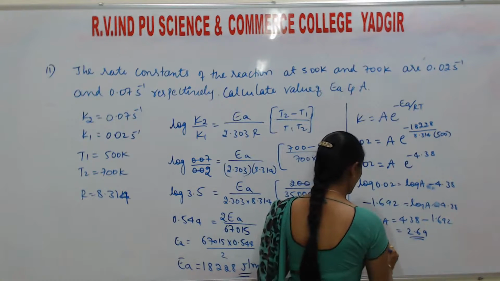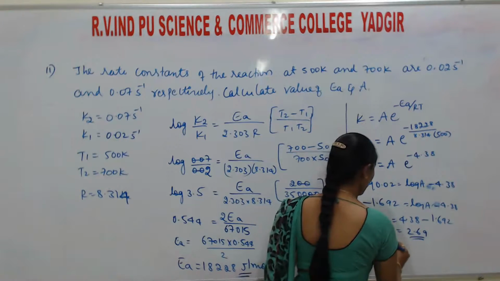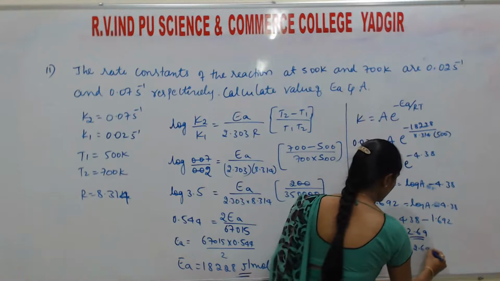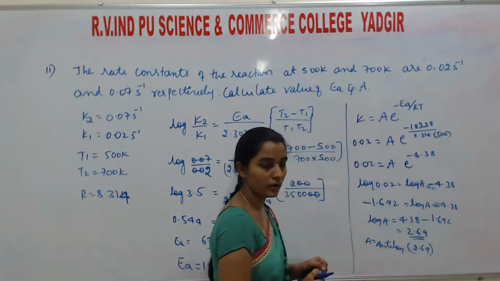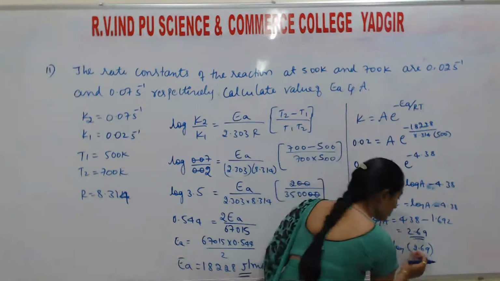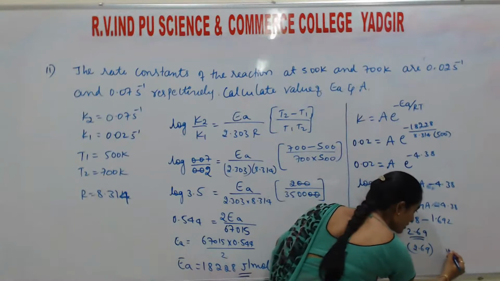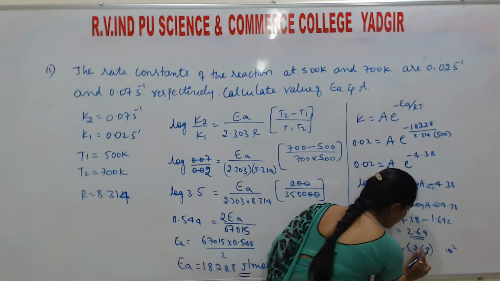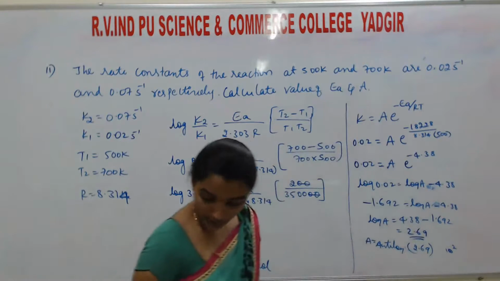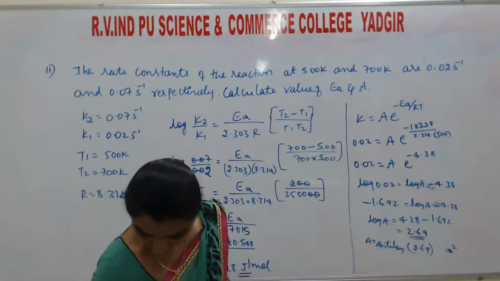A is equal to the anti-log of 2.69. So students, in the anti-log value, we have to check this 2, that means 10 to the power of 2. We have to see at 0.69. So the anti-log of 0.69 is